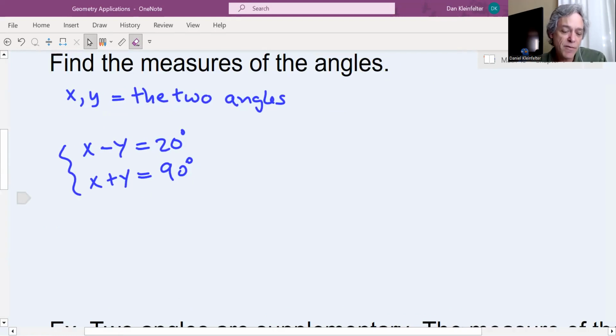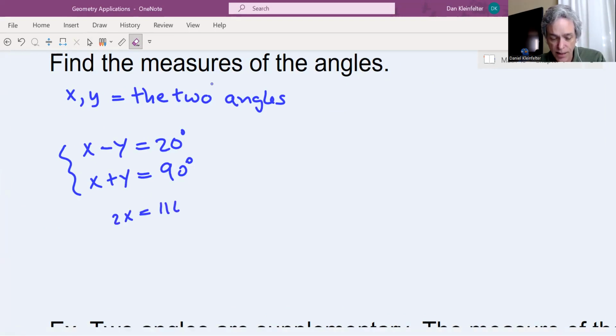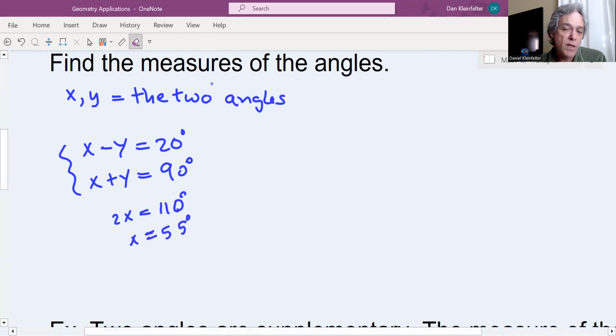Luckily, the system of equations here is pretty simple to solve, so that's nice. We're going to just add together the two equations. We'll get 2x is equal to 110, so that x is 55 degrees. Once you know that x is 55 degrees, then we can back substitute it to figure out what y